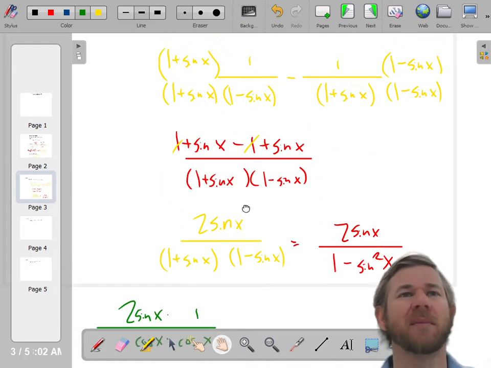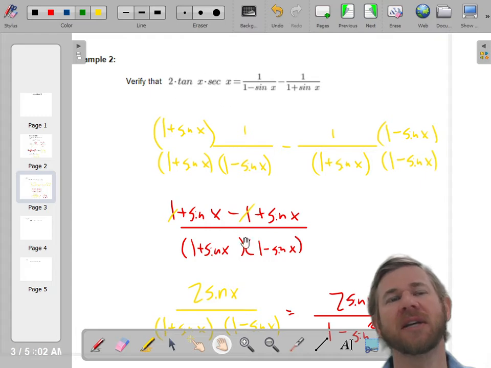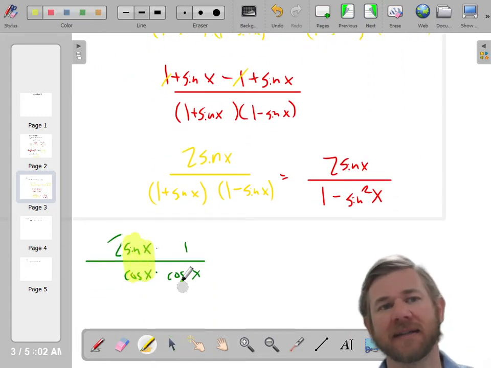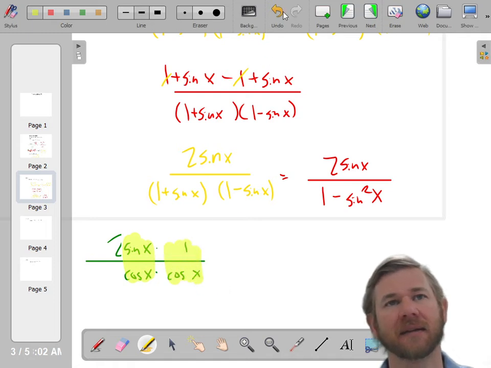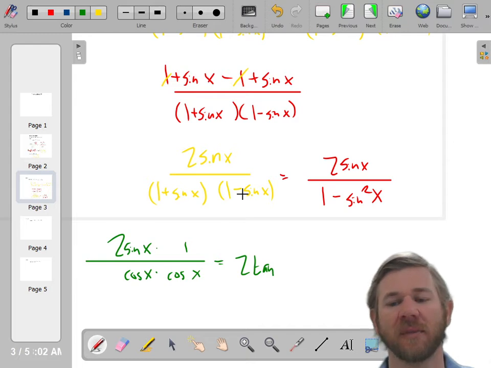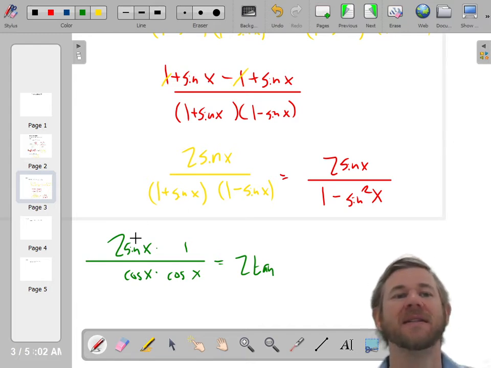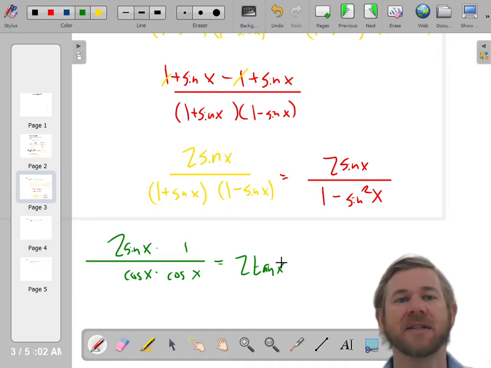Because I know where I'm trying to end. I'm going to go back to what I'm trying to say at the end. 2 times tangent times secant. So if you look now the way I've written it, that's tangent and that's secant. So this is 2 times tangent of x. Oh my gosh, I'll pause it. Okay, so sine of x over cosine of x is tangent x,